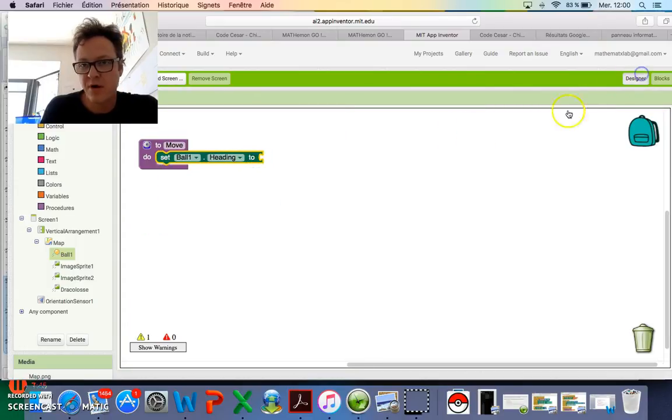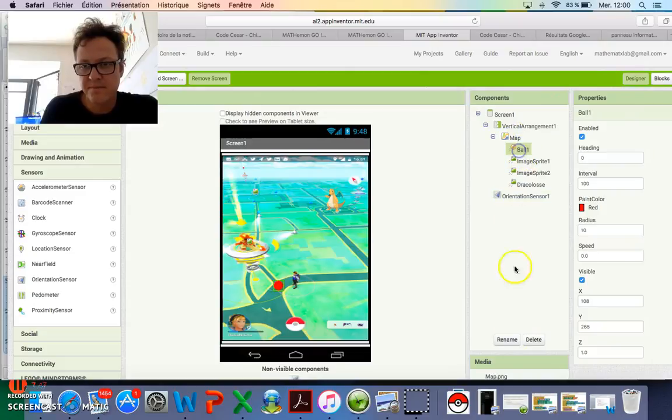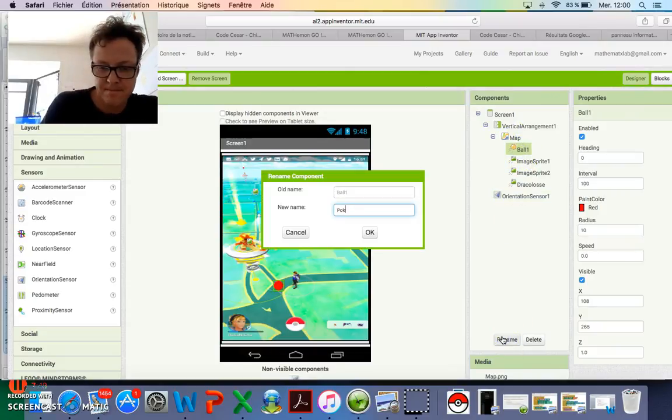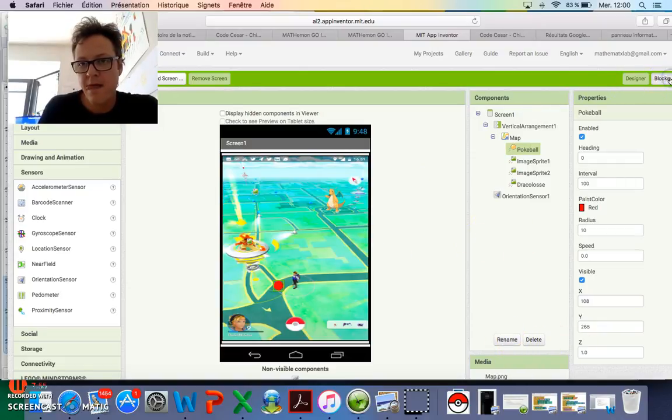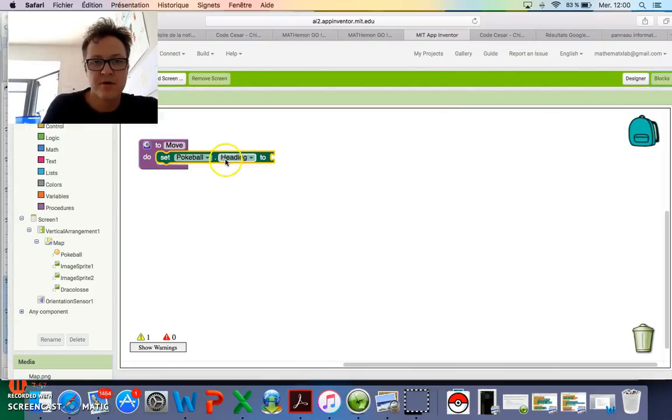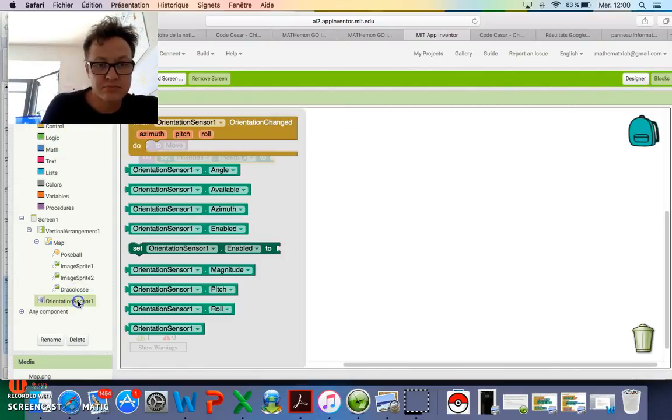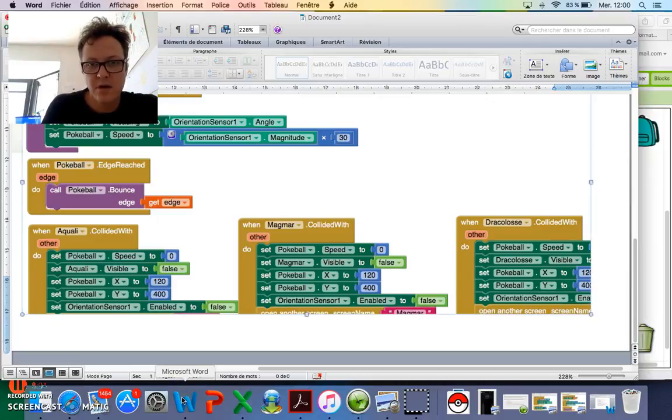Okay, let's rename it Pokeball to fit. So set Pokeball heading to the orientation sensor angle.